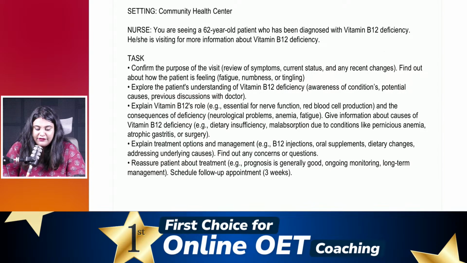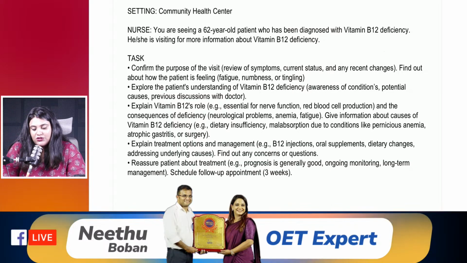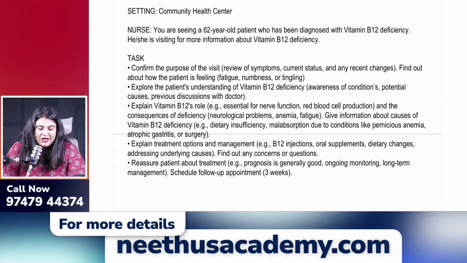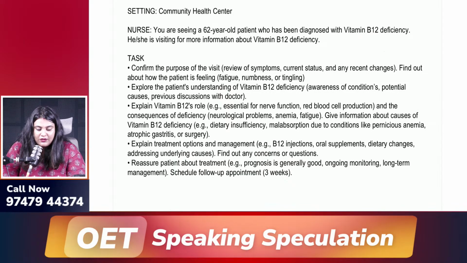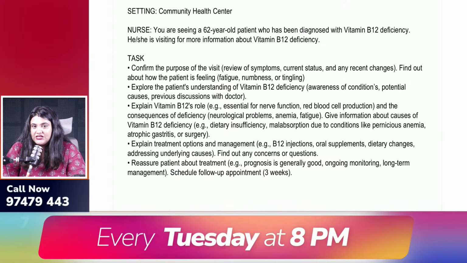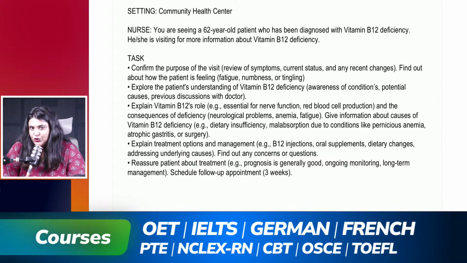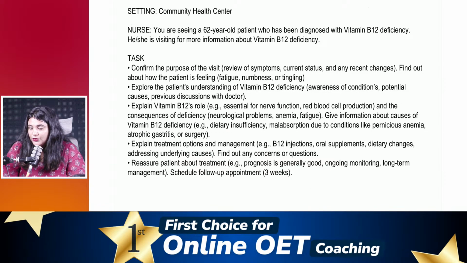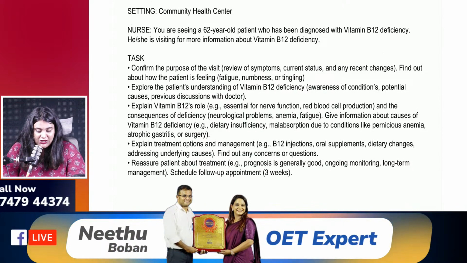Your first task is confirm the purpose of the visit, review of symptoms. So how would you do that? Is it a known case or an unknown case? I'm getting a lot of unknown cases and just one person has mentioned it is a known case. Aji has mentioned it is unknown. Okay, could you guys also tell me why you think it is an unknown case? And the one who has mentioned it is a known case, could you tell me why you think it is a known case? So it will be more clear for everyone to understand. And it's absolutely fine if it is wrong, because we learn from our mistakes, so you don't have to worry about making a mistake here, okay?